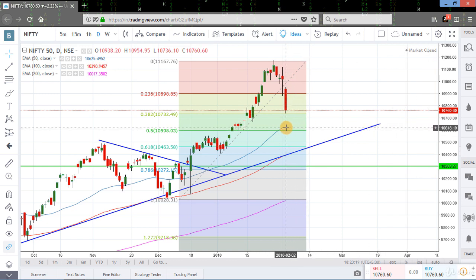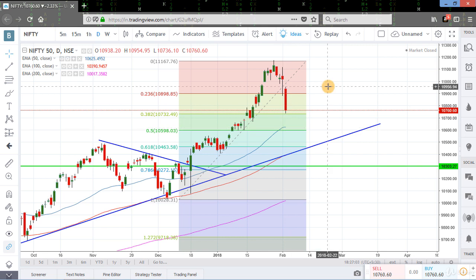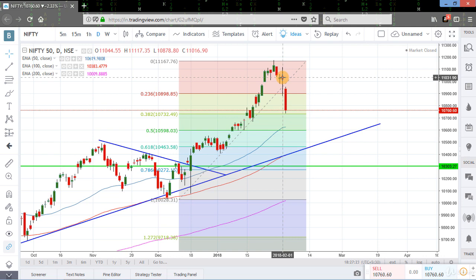This is the 50-day moving average level, and this was a post-budget impact on Nifty that was announced on 1st February. This is 1st February, and after the announcement of budget by Indian government, Nifty fell down up to 38% level of Fibonacci grid in just 2 days. These are the two candles, 2-day candles, and Nifty had retraced up to the 0.38 level of Fibonacci because it was an